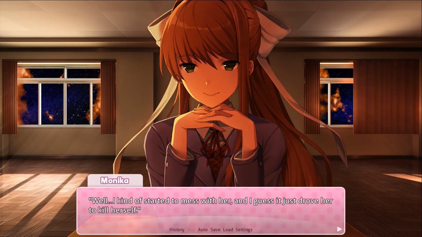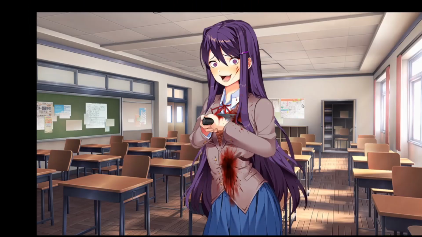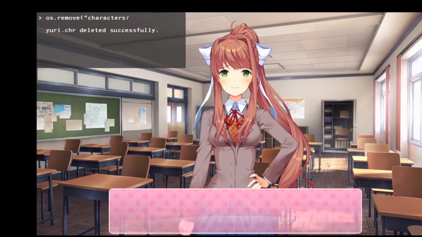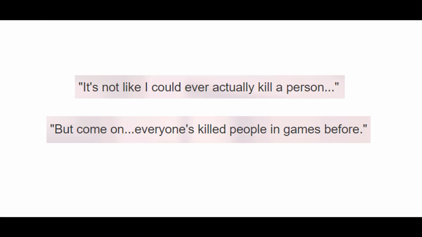As the one playing and in control, she influences the code of the other girls, which is what enhanced Sayori's depression enough to hang herself and later causes Yuri to stab herself in ecstasy. After this, Monica just deletes the two others and proclaims a happy ending. She defends her actions by saying, "It's not like I could actually kill a person," and "Come on, everyone's killed